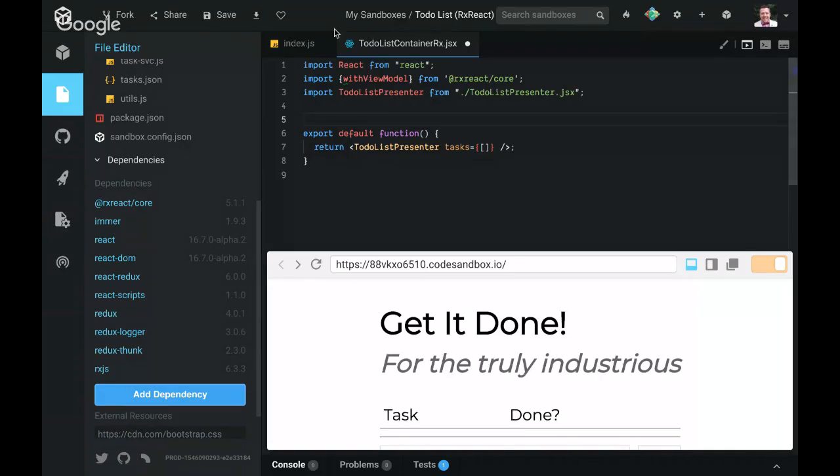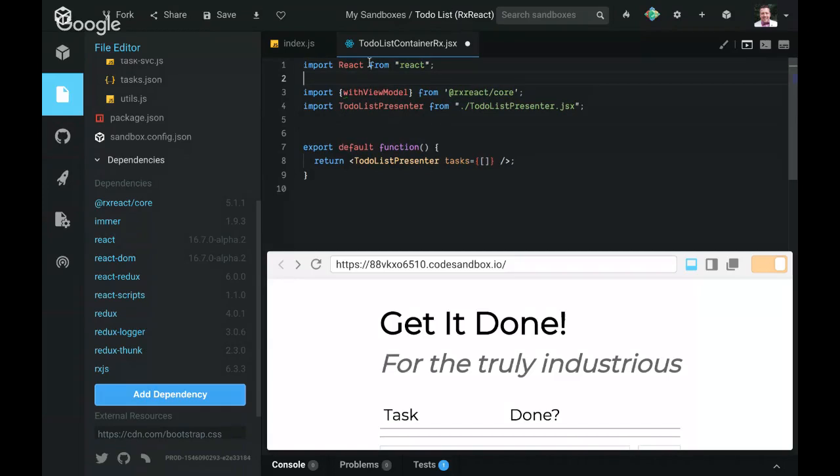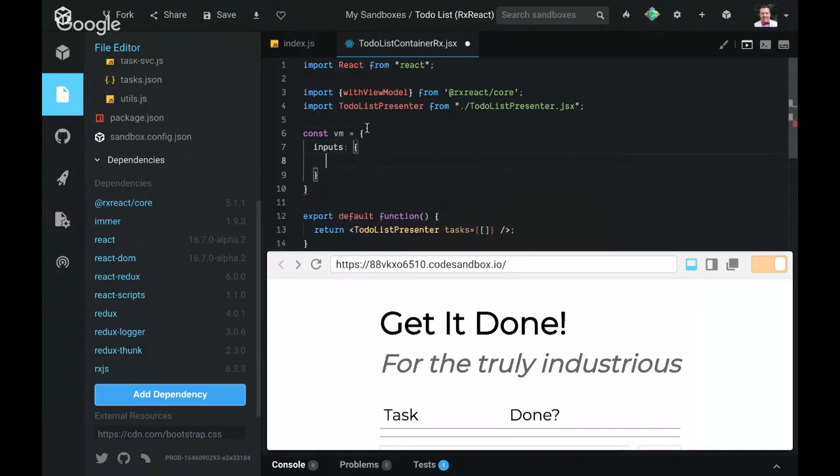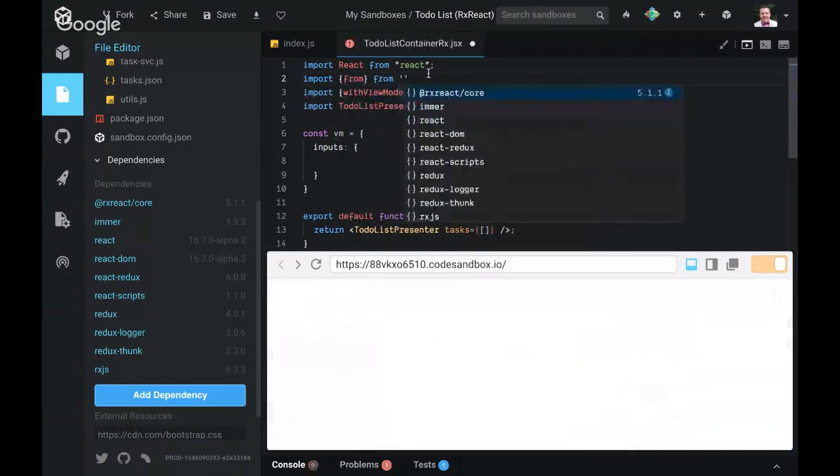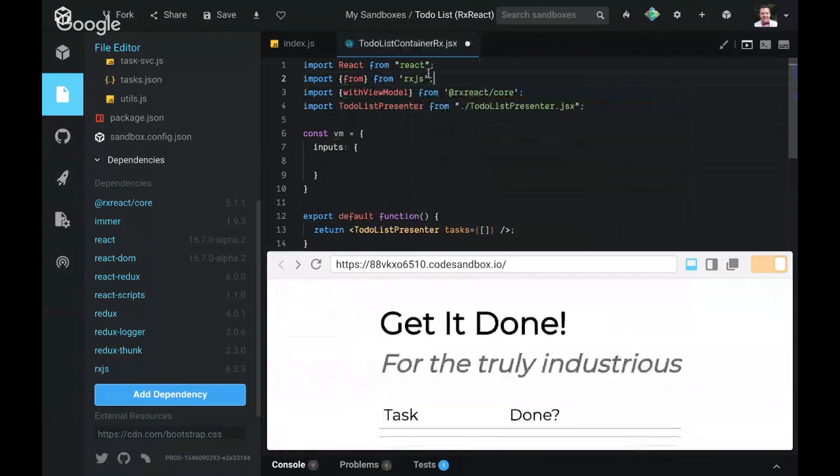And all I really want to do here is create a view model. I'm going to create the inputs to the system here. So const VM equals inputs, and this is going to need an observable for tasks, an observable for loading, and an observable for adding count. So I'm going to import